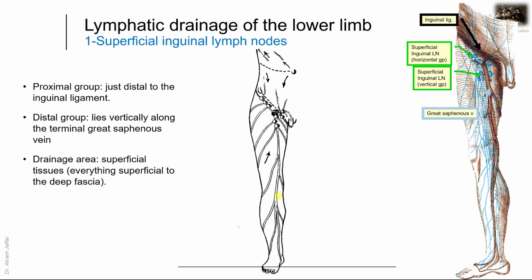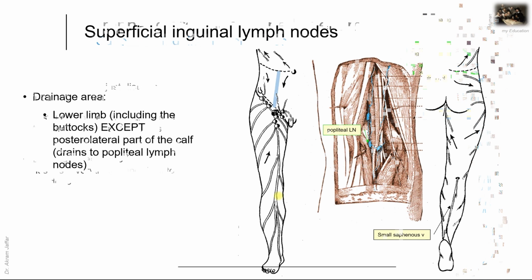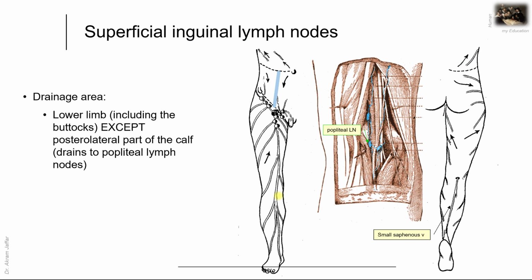These superficial inguinal lymph nodes drain superficial tissues, that's to say everything superficial to the superficial fascia. Actually, they drain the entire lower limb except for a small area which is located in the posterolateral part of the calf. This area of skin is drained along lymphatic vessels that accompany the small saphenous vein, the other superficial vein in the lower limb, and they drain to few lymph nodes that are located in the popliteal fossa,